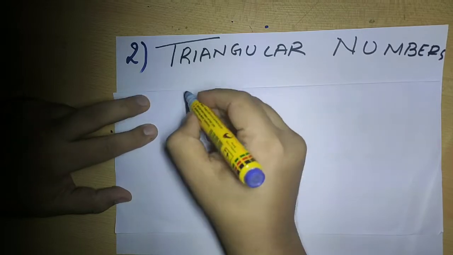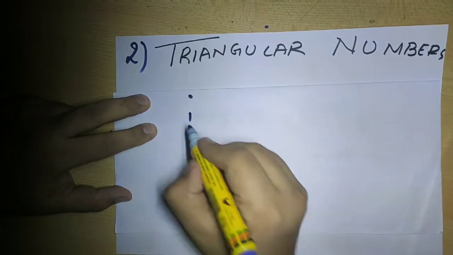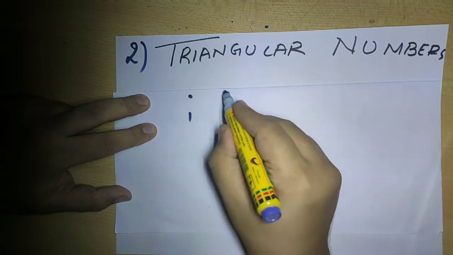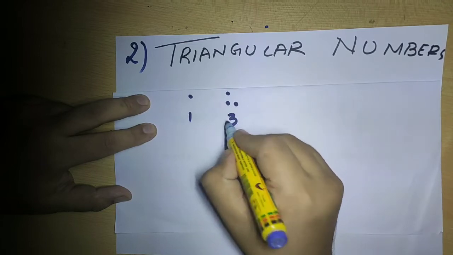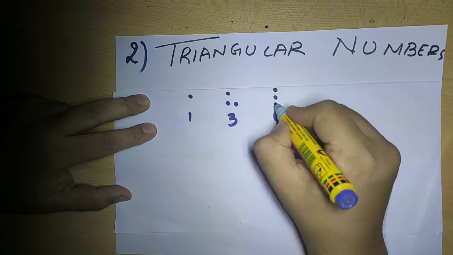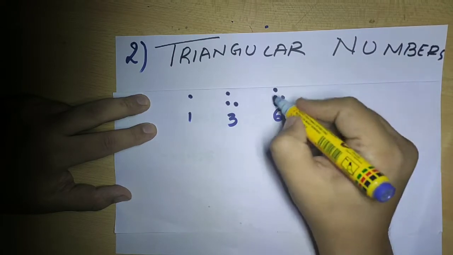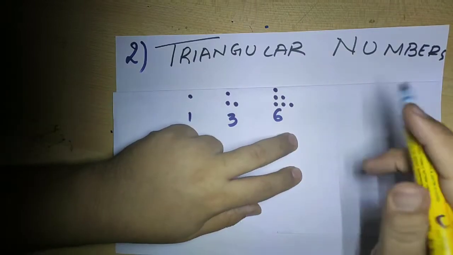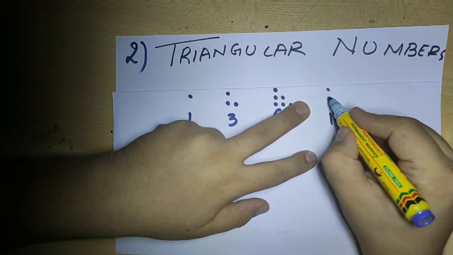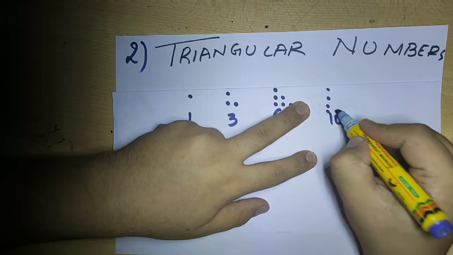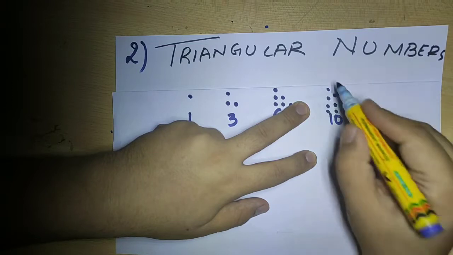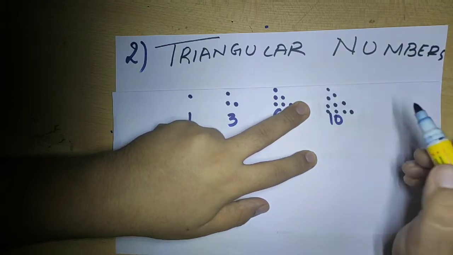For example, if you take 1 dot, that is 1. If you take 2 dots, 3 dots and form an equilateral triangle, it is a triangular number. If you take 6 dots, 1, 2, 3, 4, 5, 6, it forms an equilateral triangle. If you take 10 dots, 1, 2, 3, 4, 5, 6, 7, 8, 9, 10, it forms a triangle. If you take 15 dots,